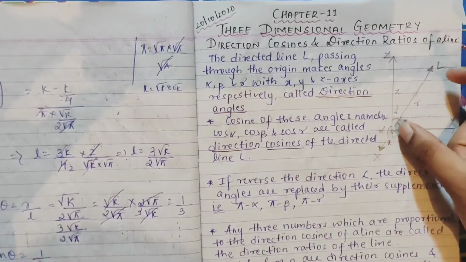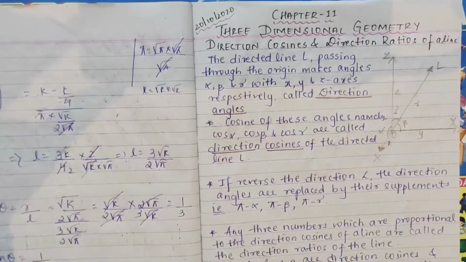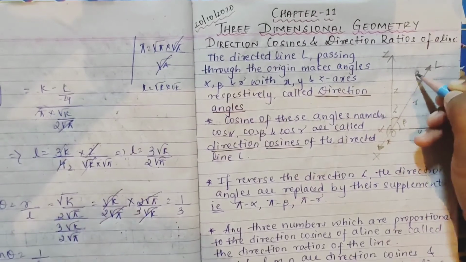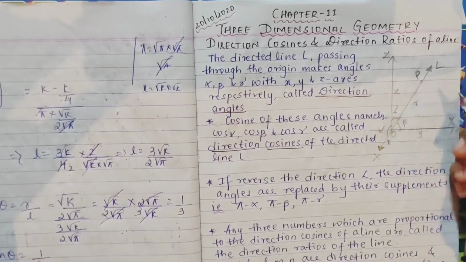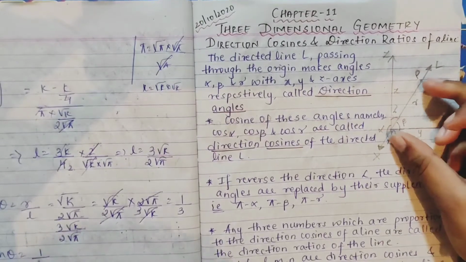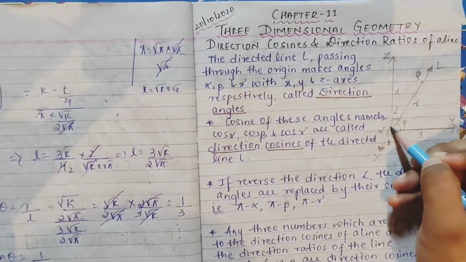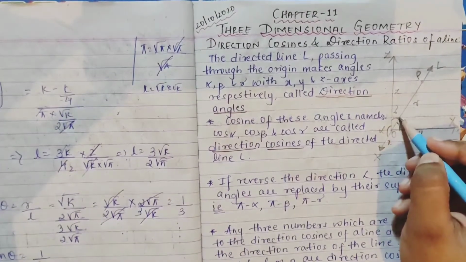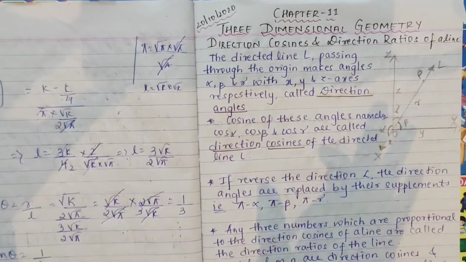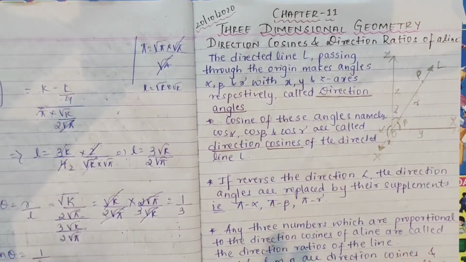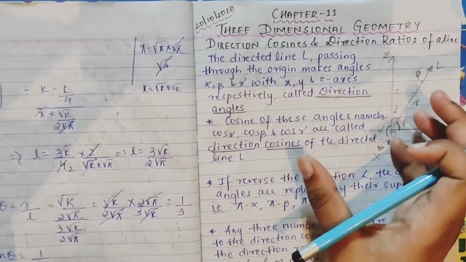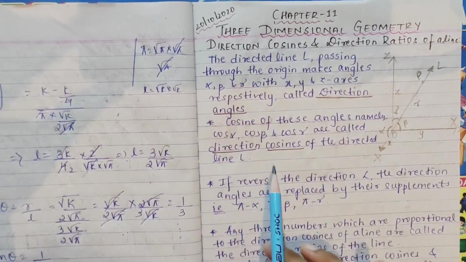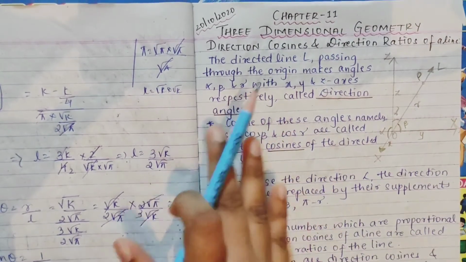So you can see from O, if I consider a point P somewhere, as we have said, OP is considered as r, right? This is your distance. Drawing the angles, along the x-axis it will be alpha, along the y-axis it will be beta, and along the z-axis it will be gamma, right? You have done everything this in your vector algebra. The same concept we're gonna do here. The definitions I have written, so just note them down. No need of explaining again.